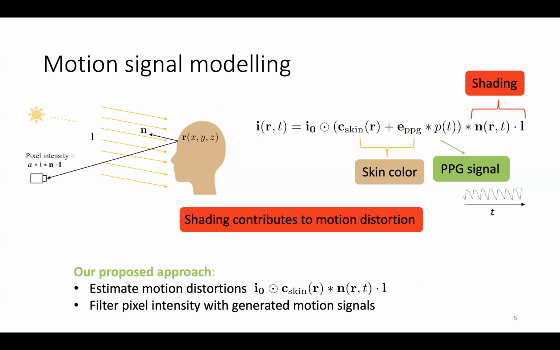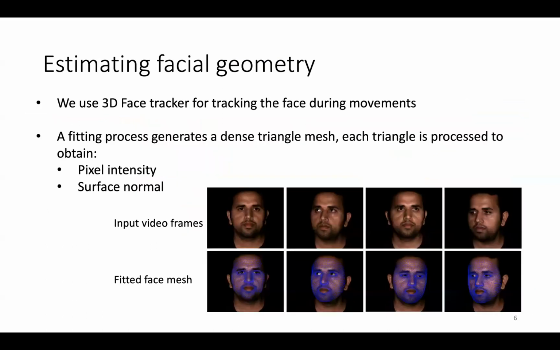So first, we estimate this facial geometry. To do that, we use 3D morphable models for face fitting, which outputs the approximate 3D facial geometry for each frame in the video. First, the face is detected and tracked for each frame, and then a fitting process generates a dense triangular mesh